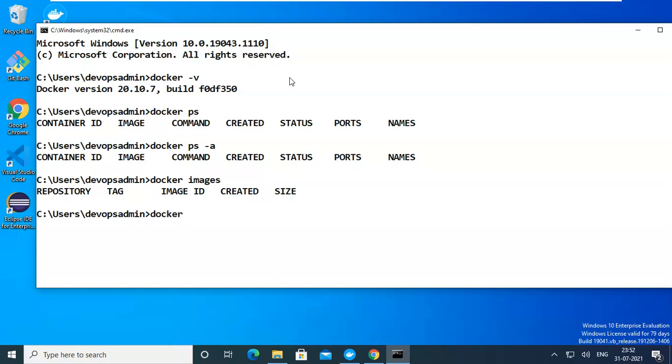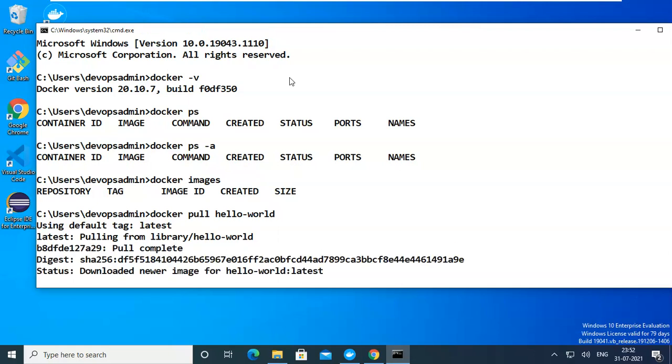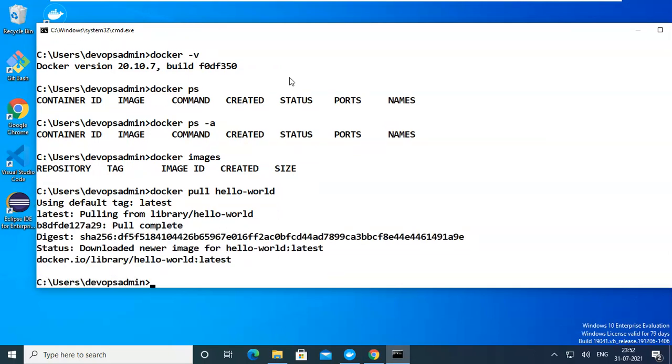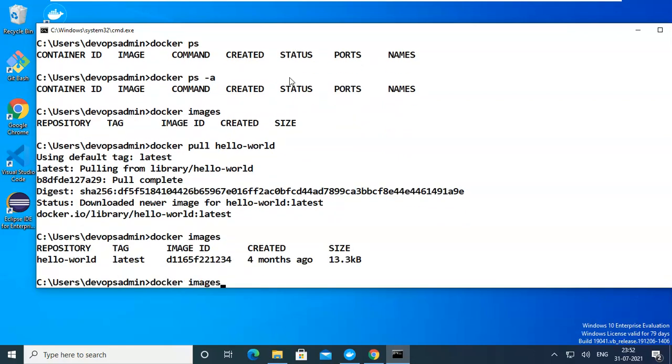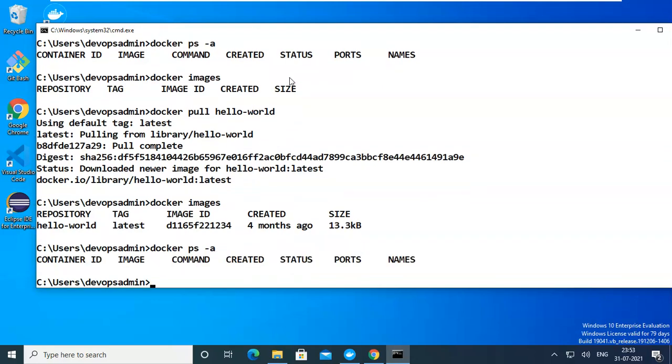Here we'll open multiple terminals so that we can understand it. I want to pull an image, as we typed the commands in a notepad. First I want to pull the hello-world image. I didn't give a tag, meaning which version of hello-world, because it is a single version only. So it will pull the image. The image is pulled. Now let's see what images are there. This is the image, and this is the container. The container is not created, only the image is there. It is 13.3 kilobytes, a simple image. Now I want to run this one.